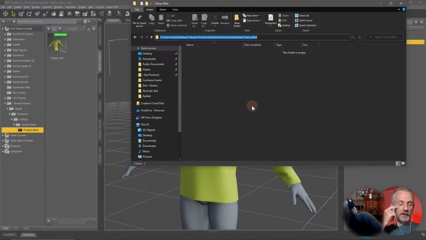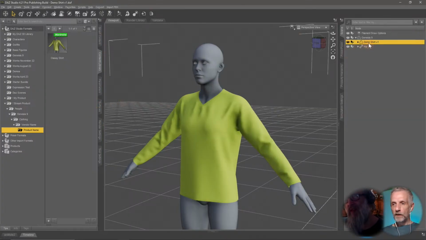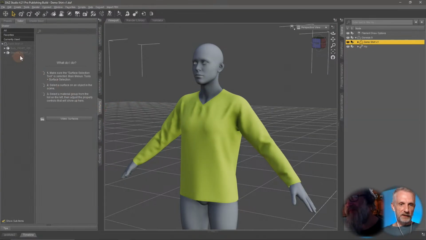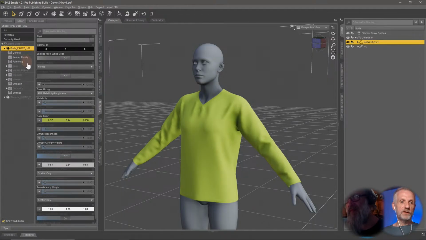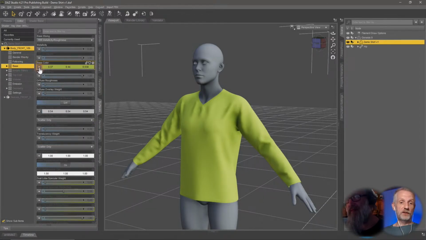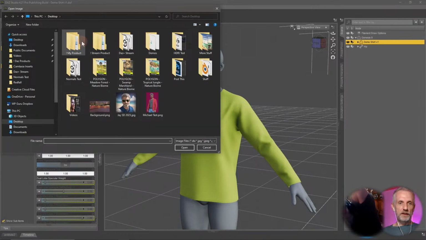Sadly, we've destroyed the shirt in Marvelous Designer, but if we were to export textures out of that, and if we had done the UV mapping, you put your diffuse textures and your normal maps all in here, and then in DAZ Studio on the Surfaces tab, you would go and reference those textures from that folder. That's important. Because only then